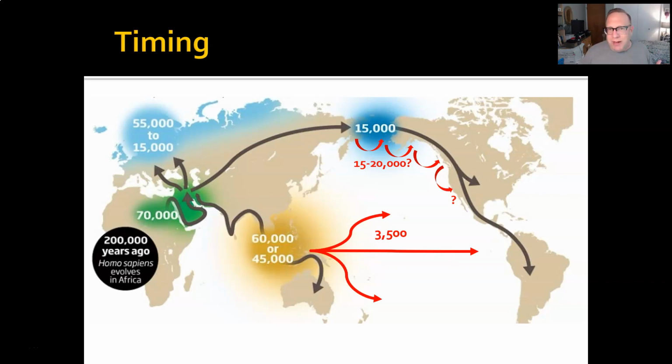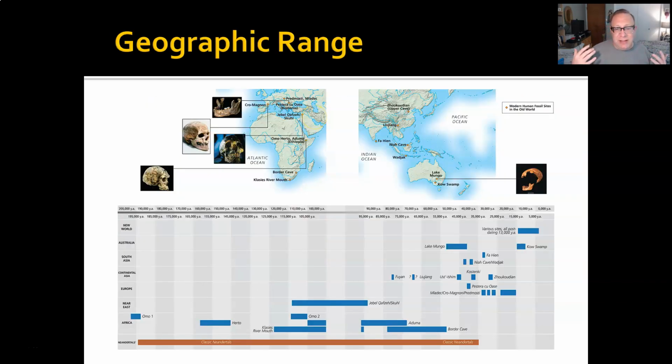Finally, the last great migration occurs around 3,500 years ago as the ancestors of modern Polynesians begin to populate the Pacific Islands using incredibly complex boating technology. I'll get into that in a later video as well. Anyways, here is the extent then of occupation as far as we know it, from the timing and the area of the world.